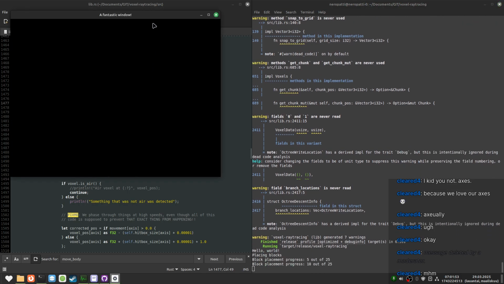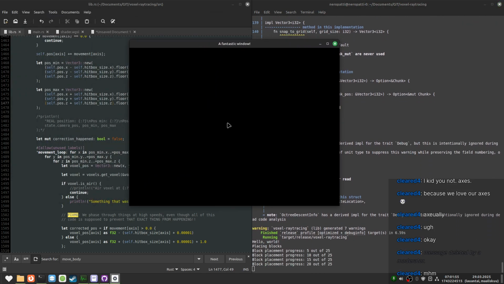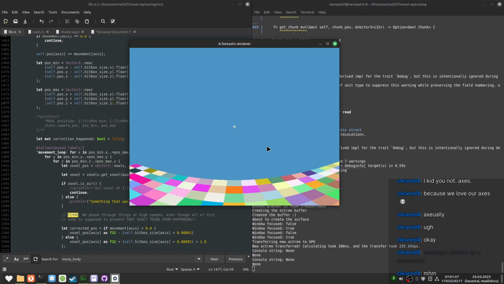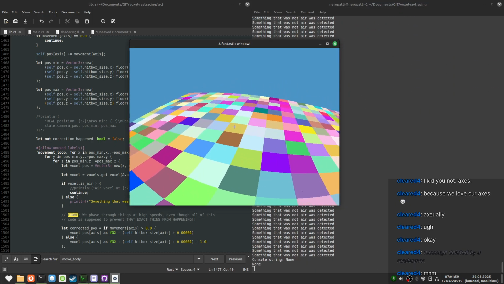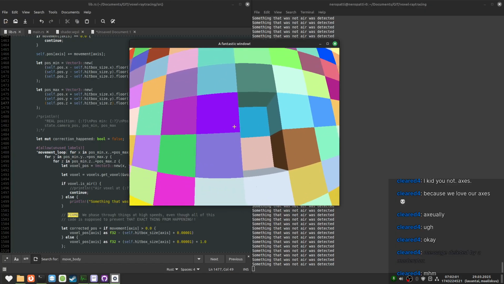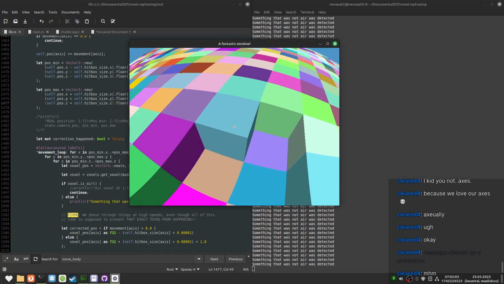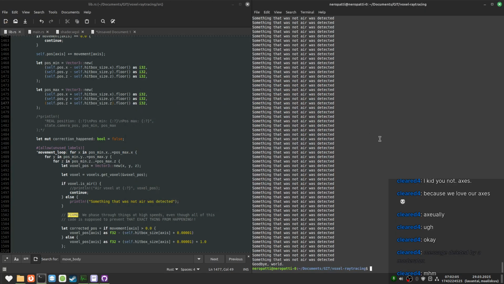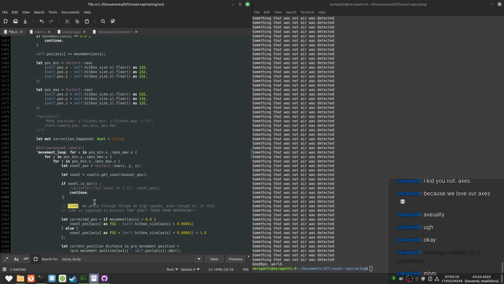Fat hitbox initiated. Yep, that was the issue. Amazing. Debug master, that's what I feel like right now. Anyway.